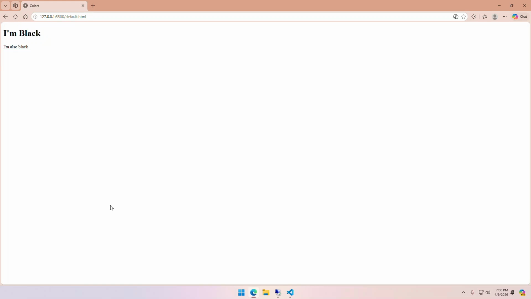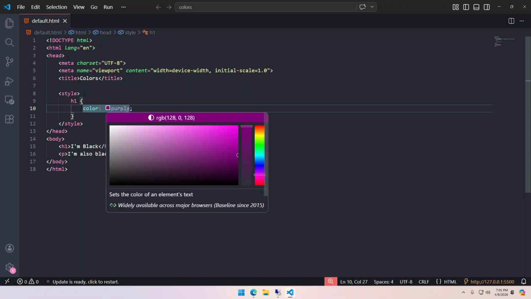CSS gives you two separate properties, color and background color. Color controls text, icons, and borders, while background color controls, well, background color. And since we already know how to use the color picker to change the color of any element, we are going to dive much deeper and understand exactly how background color and color works and what different kinds of colors